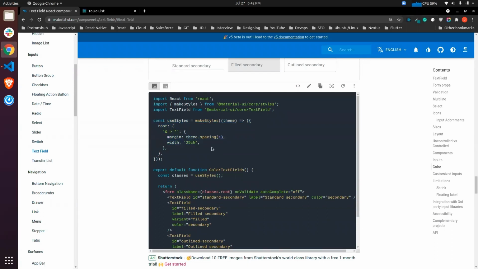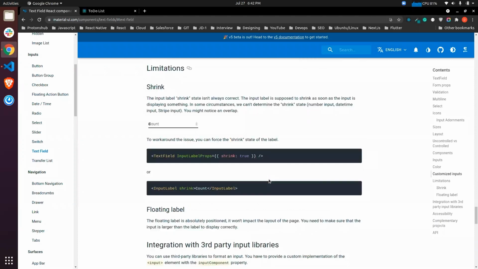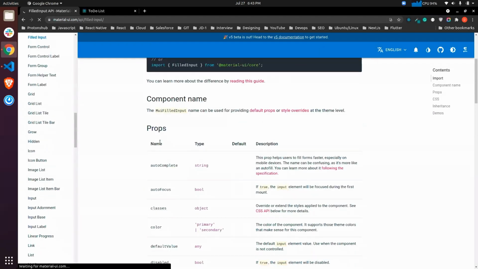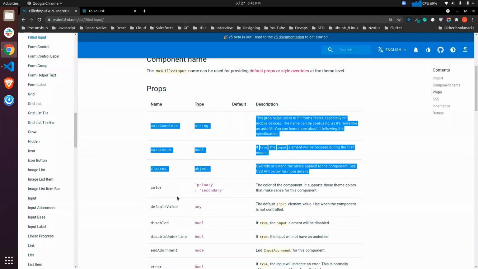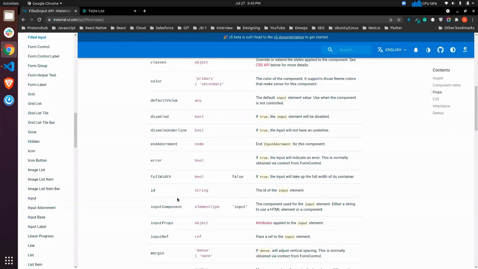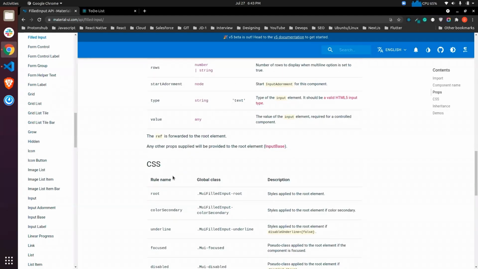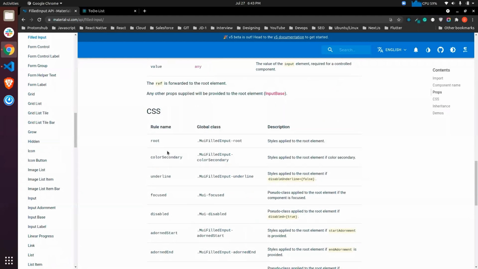So why do we have to use make styles and with styles? If you go to the bottom of every page and see the API for any particular component, let's say the field input, you have some props. You can get the list of all the props which are available. And to apply the CSS, you have some classes.